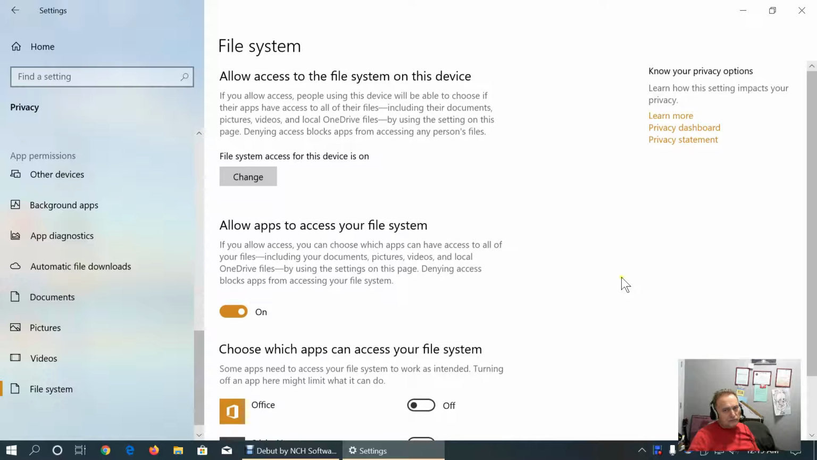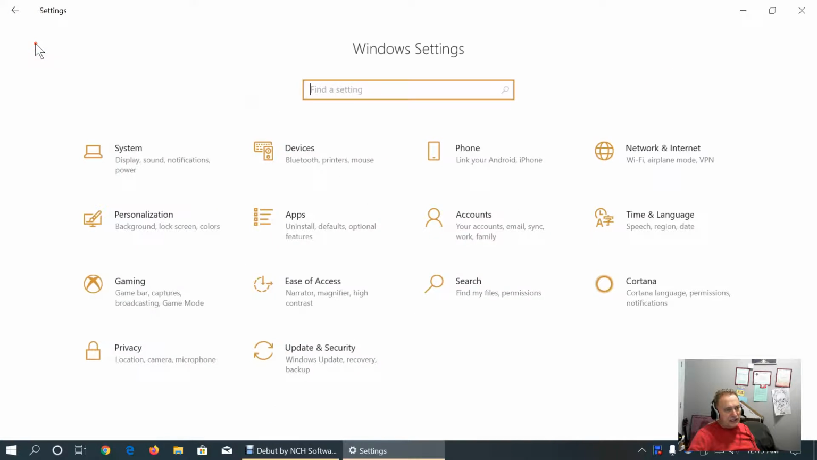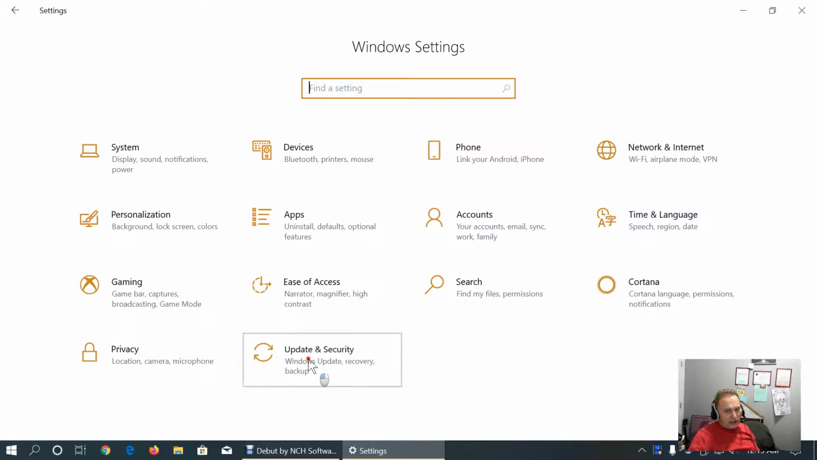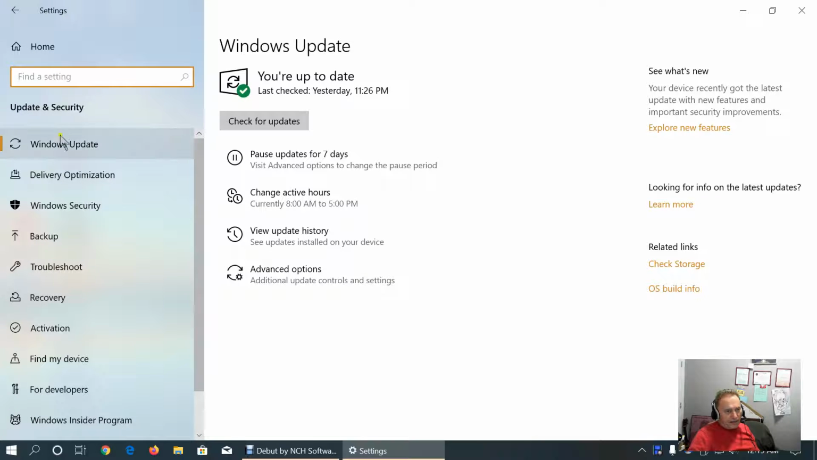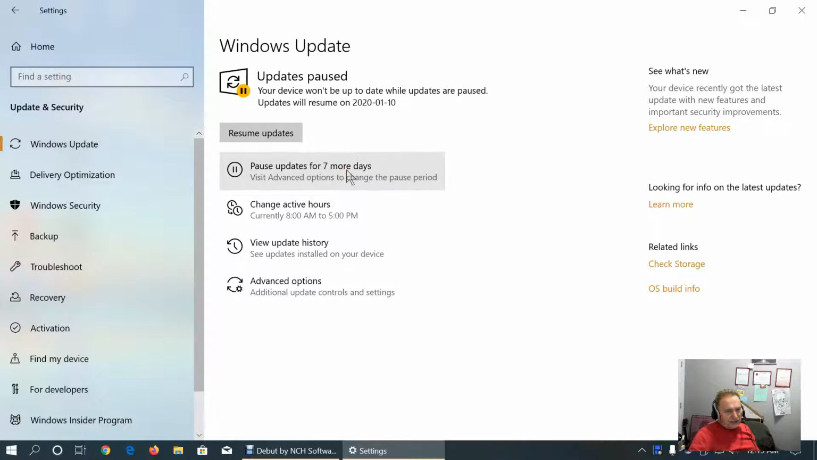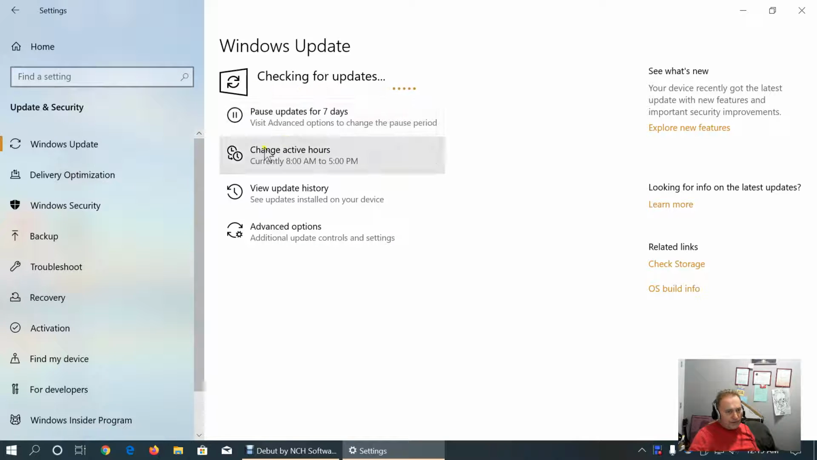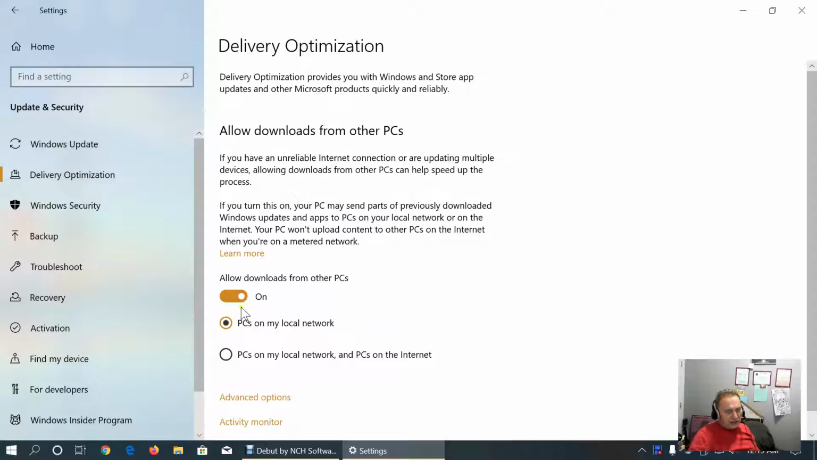File system access, leave it as it is. Okay, Update and Security tab. So, Windows Update. Here we can pause updates or resume. Under Delivery Optimization, I suggest that you keep it off, because